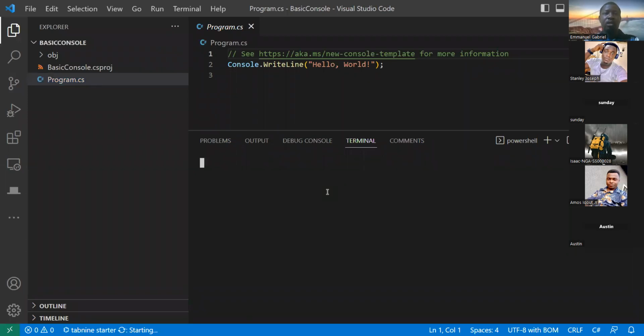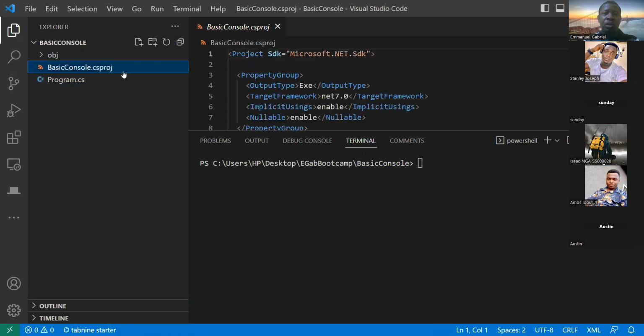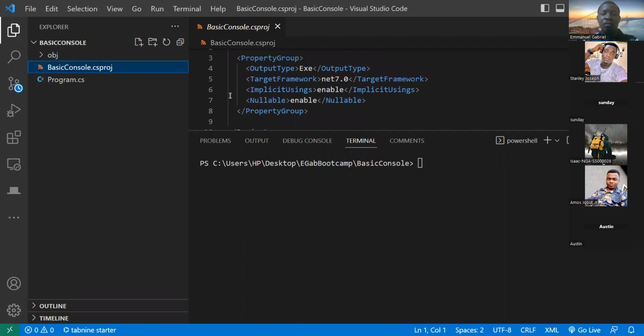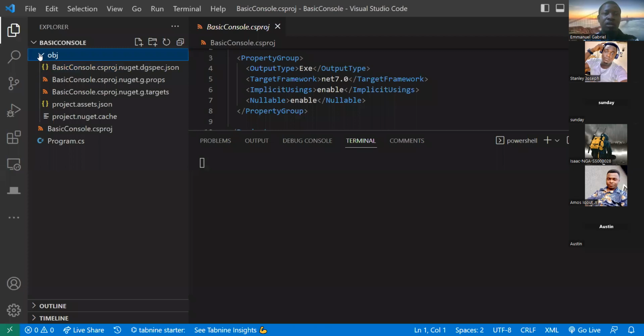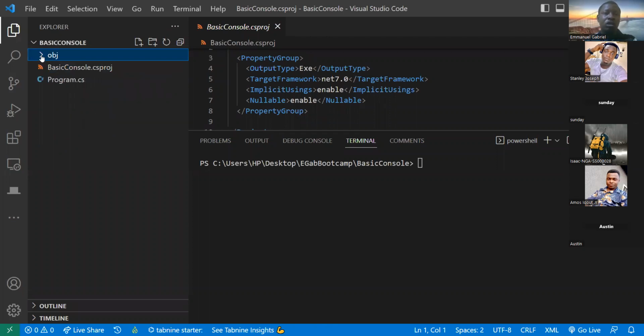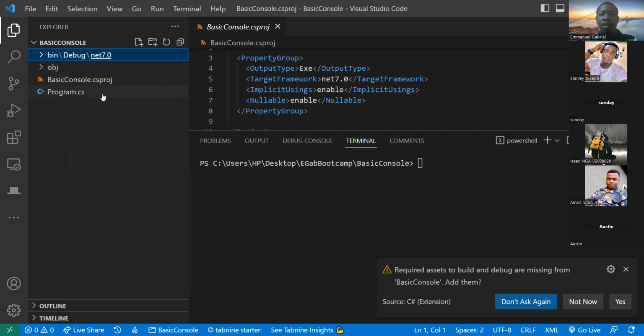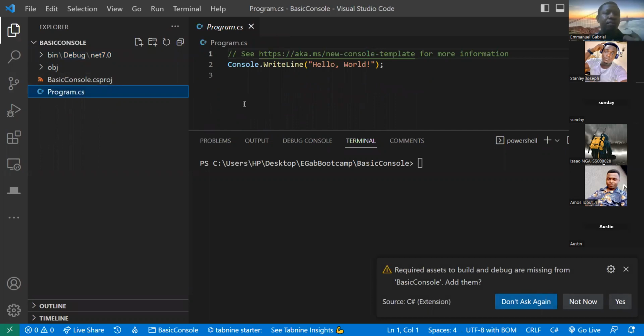All right, so before I do anything, I'm going to point out the output of this application, which is the program.cs file, and the CS proj is where we have our libraries and other registered properties, right? Then obj files are just generated files that we probably need to run the application. So you do not necessarily need to do anything in the obj files. And there's also supposed to be a bin file, which you also do not necessarily need to do anything there. So that's the bin file as well, right? The program file is like the entry point where you can start writing your applications, and then it takes it off from there.